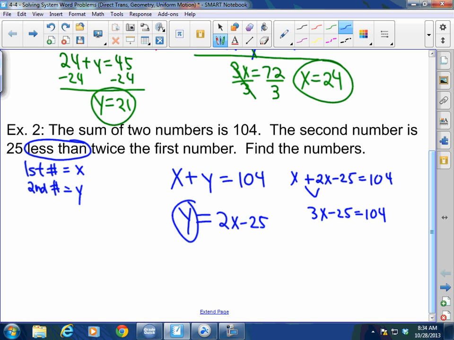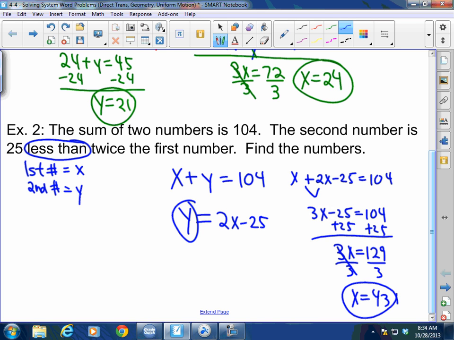I'm going to add 25 to both sides. And 3x equals 129, divided by 3. x equals 43. Does that make sense? Now that I have x, let's go ahead and plug it back into either of the original